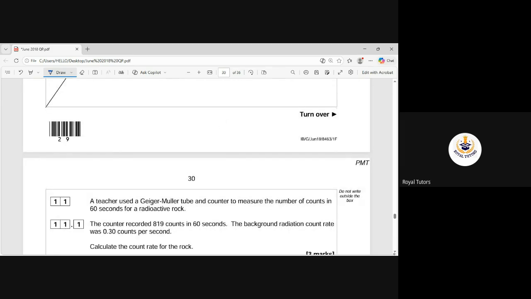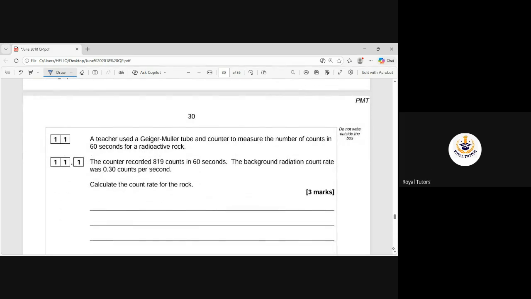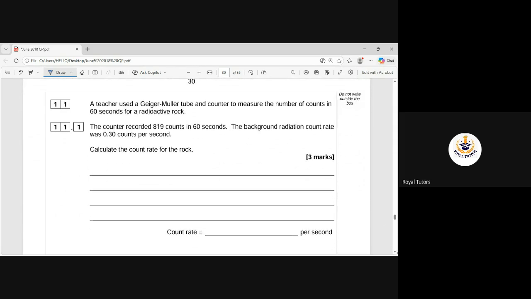A teacher used a Geiger-Muller tube and counter to measure the number of counts in 60 seconds for a radioactive rock. The counter recorded 819 counts. Wow, 819 counts in 60 seconds. The background radiation count rate was 0.30 counts per second. Calculate the count rate for the rock. This is quite simple. To calculate the count rate for the rock, it is simply 819, the one that has been recorded, over 60 seconds, and that will give you